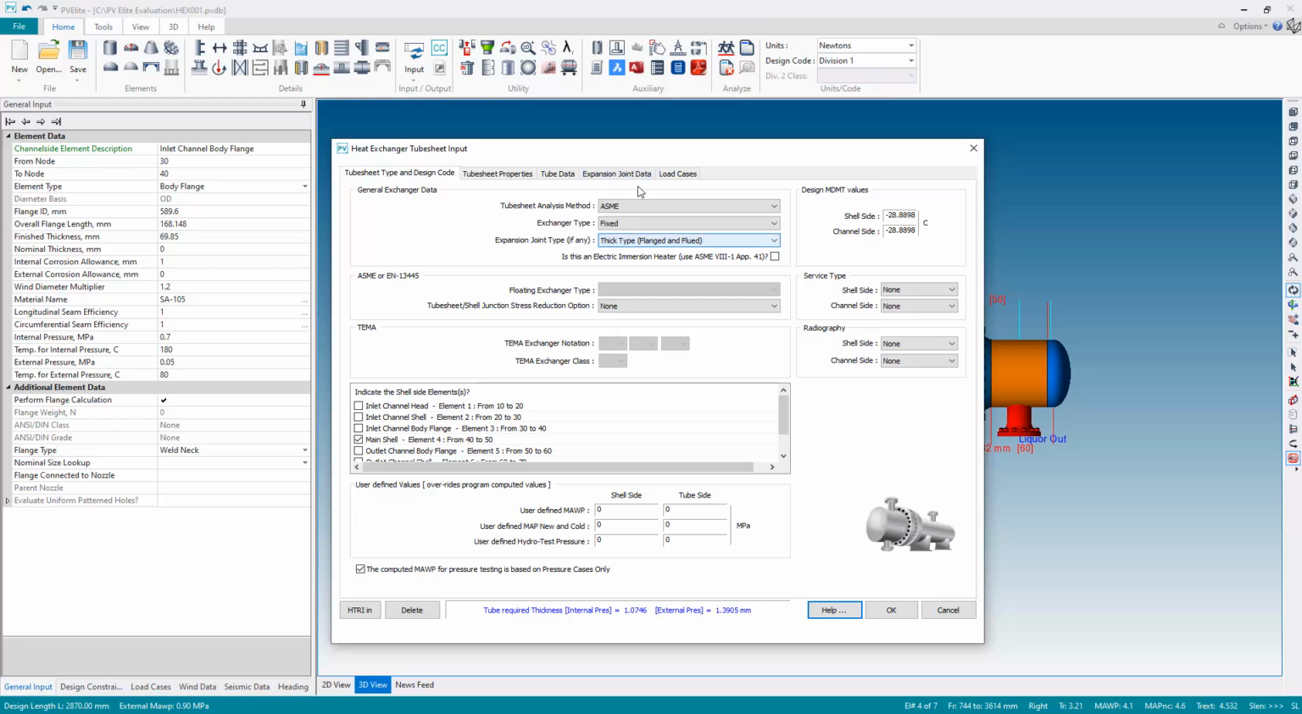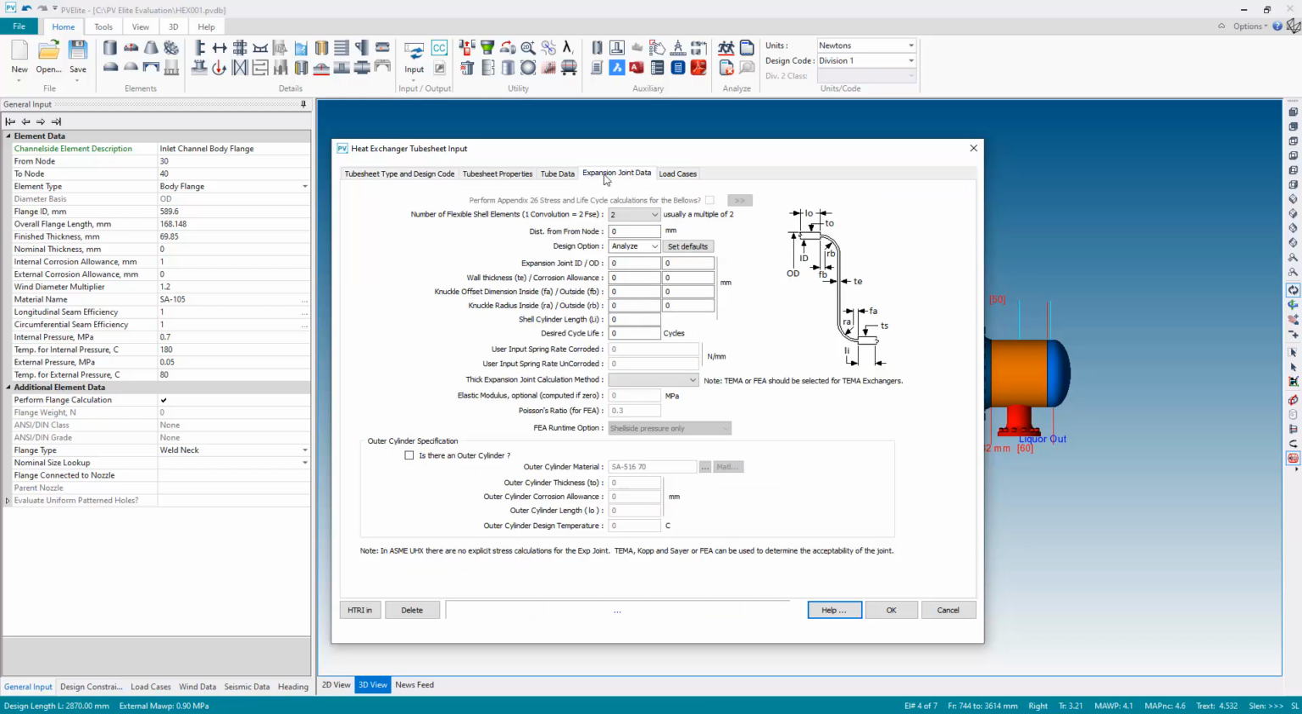Once I've made that change to add an expansion joint, the expansion joint data page is now enabled and I can fill in the information. I'm going to put this roundabout in the middle, 1.4 meters along the shell. You can choose to either analyze or specify an existing tube sheet. For this example I'm going to pick existing. It requires a little bit less input, and I'm just going to specify the joint OD and ID, which will be 750mm and 762mm, with a 6mm wall thickness, a 1mm corrosion allowance, and with the knuckle,